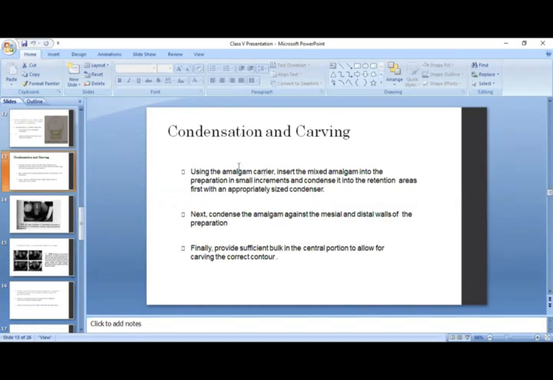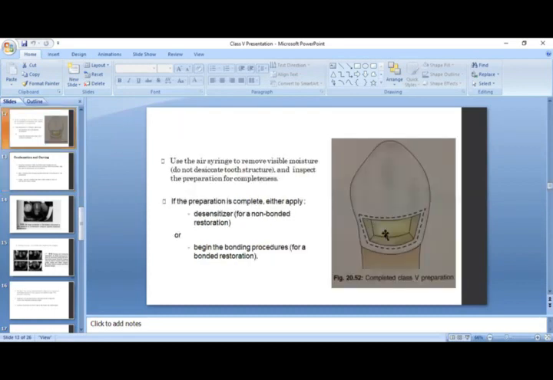And what is basically the amalgam carrier? The amalgam carrier is basically a sort of gun, like a pipe kind of thing. It is basically an instrument which helps us to pick up the restorative material. So we need an instrument to carry that filling, and then we place the restoration in that area. So that is basically the condenser and the amalgam carrier.